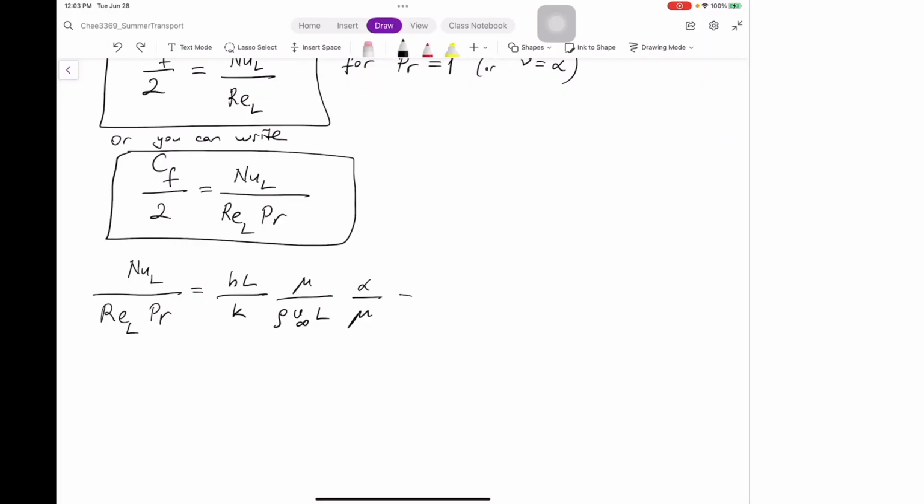But alpha over mu is nothing but alpha rho over mu. Yeah. So I'm going to wrap up in a second. The time is up. So after simplifications, what do you get? The rho's cancel, mu's cancel, rho's cancel, L's cancel, and you get h